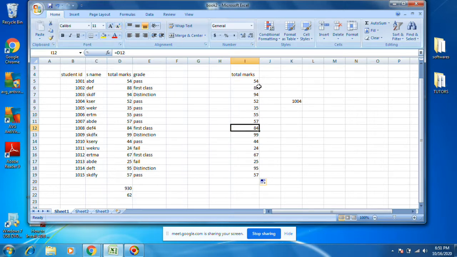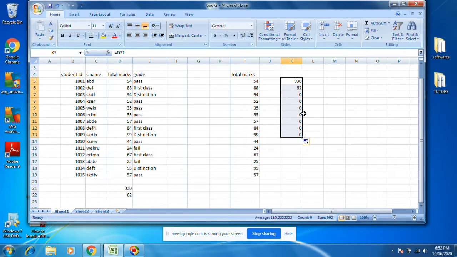Suppose something total marks. I want to put cell reference for this total marks is equal to 930. If I drag this one, see whatever the drag it is coming.